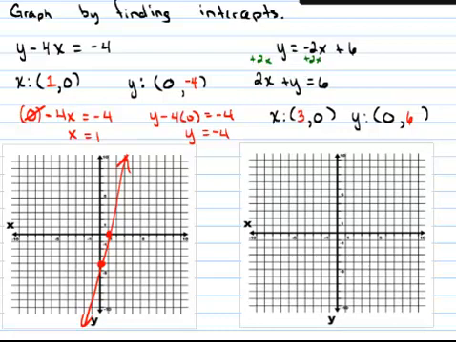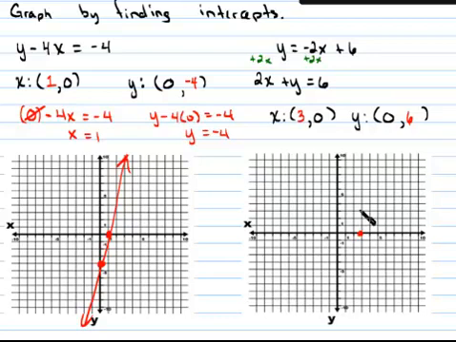So if I'm ready to graph this, my x-intercept is 3, 0 right there. My y-intercept is 0, 6 right there, and here's my picture. Now if you didn't do this, that's fine. If you didn't do that, let me just show you how it would work. You got to be careful. If you left the equation as it was,